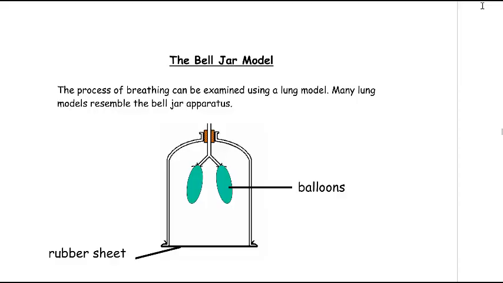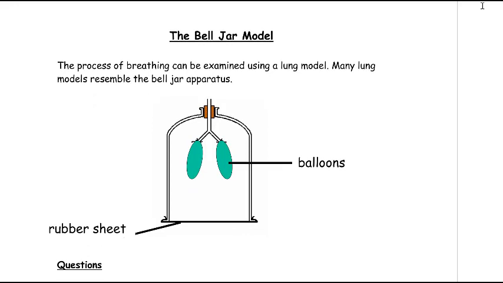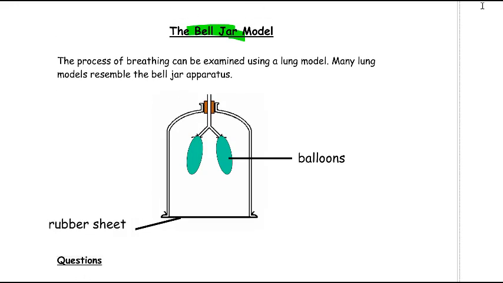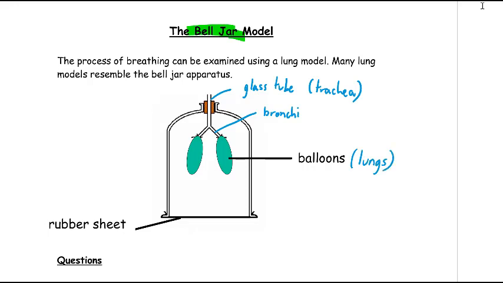Now, we've actually got a really cool model of the lungs, and it's known as the bell jar model. So this can be used to show the process of breathing. Now, here's the parts that we've got. So we've got a glass tube going in, and this represents the trachea. We've then got two of these little tubes, which represent bronchi. We've then got the balloons, which represent the lungs. The bell jar itself represents the rib cage,